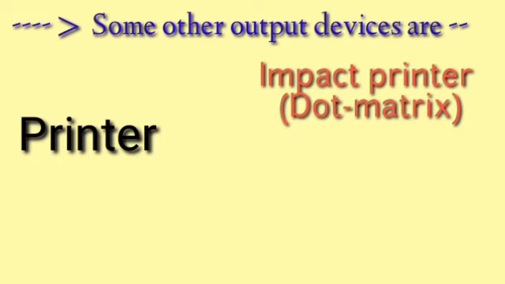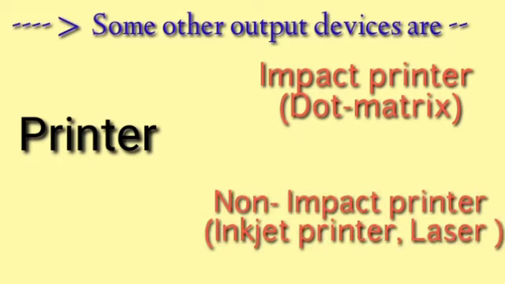Now the next category is the non-impact printer, which has no mechanical contact between the printing head and the paper. The printers which fall here are inkjet and laser printers. Both are expensive as compared to dot matrix printers, and they are colored printers as well. However, the best quality printers can be said to be laser printers, which are mostly used in different companies and institutions. If you want a moderate kind of printer with average cost and average performance, you can go with inkjet printers.